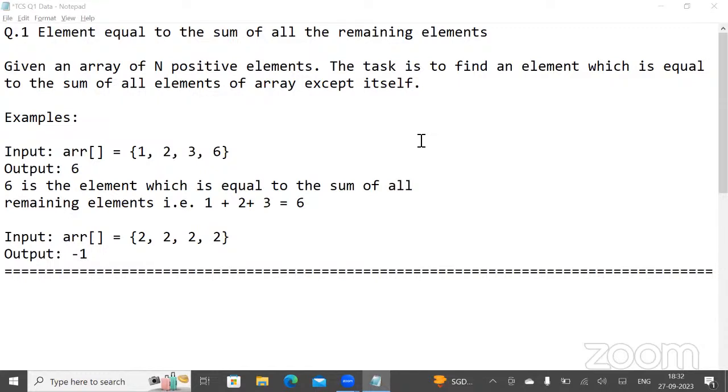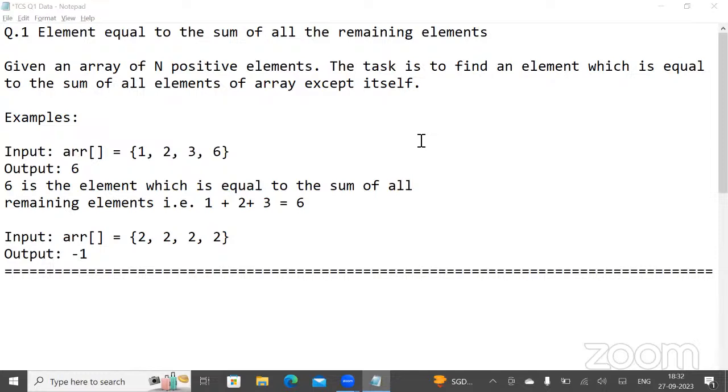Now let us read the question, convert it into our code, and pass all the test cases. This question is from question number one. As we discussed yesterday, the question will carry marks, and we have to solve it with all test cases passing.